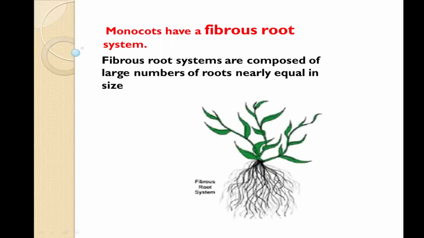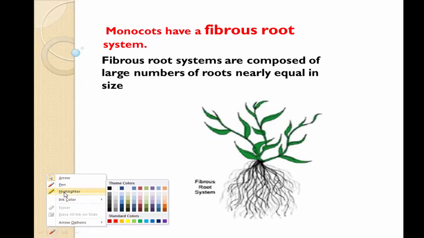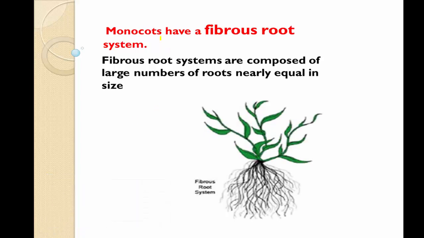And the fibrous root system is exactly opposite to that of taproot system. First thing, it is the character of monocots. What is monocot? If the seed contains a single cotyledon, such as in case of wheat, rice, bajra, ragi, and maize, which is nothing but mekkejola. Corn is a common word, but maize is the term used in English.